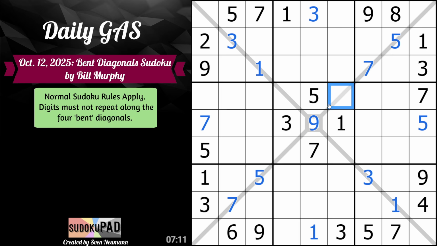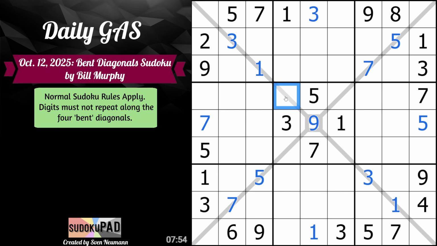Because yeah, the problem is, if I place 8 here, I was thinking to myself, 8 here blocks this, right? If that's the case, 8 can't go here and 8 can't go here, and then 8 along this diagonal can't repeat, but no, it's a bent diagonal, right? So 8 would just go here. But does that always work that way? Does it always work like that, where if I place it here, like if 8 went here instead,